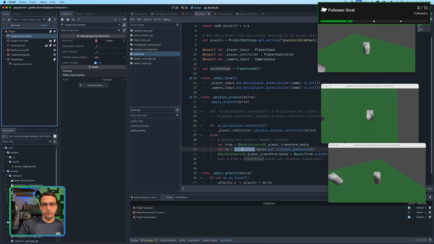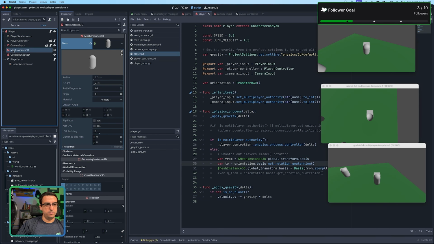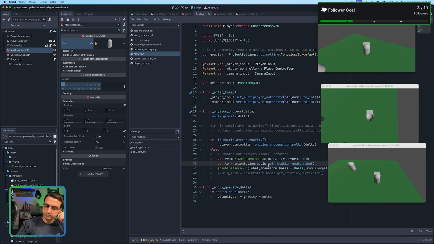It's not a position or rotation. It's just a property right here. And we update that on the server in here to whatever the model should be turned to. This model, this mesh, this is our placeholder model until we get a real one in there. And so that property gets updated, and on the client, so anything that's not authority,